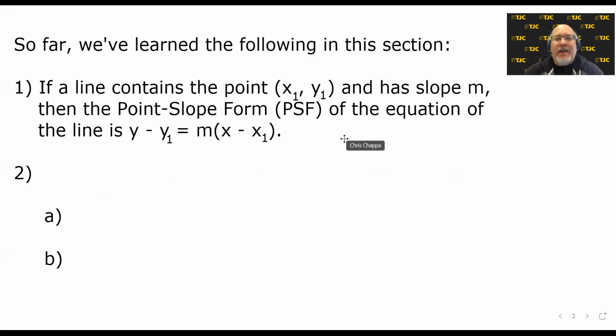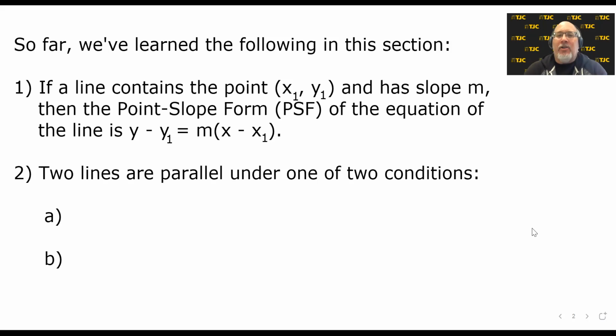Number one, if a line contains the point (x1, y1) and has slope m, then the point slope form, PSF, of the equation of the line is y minus y1 equals m times (x minus x1). Second,